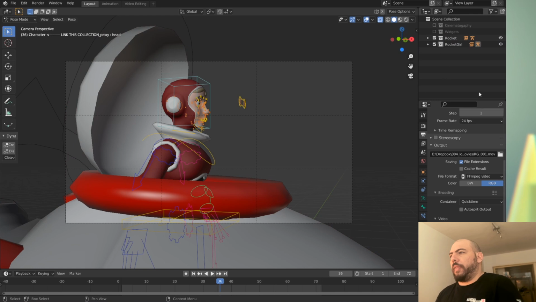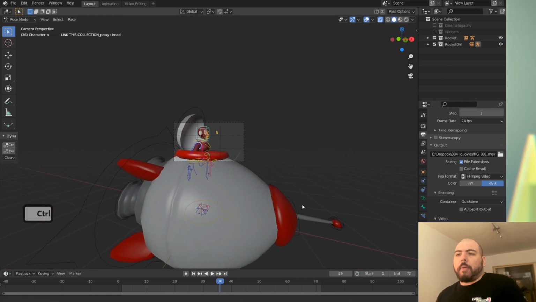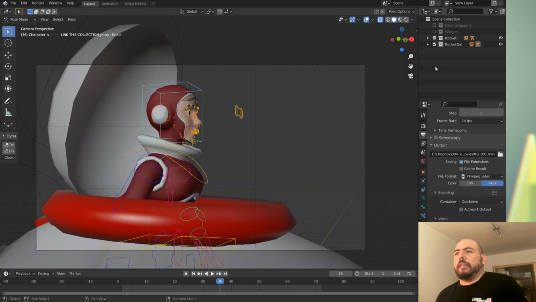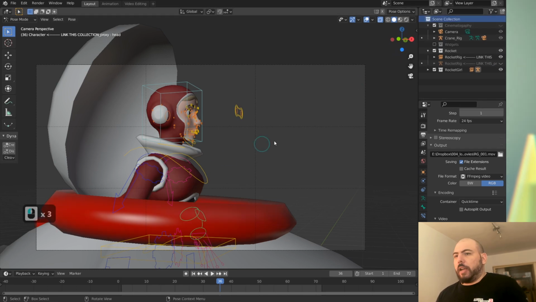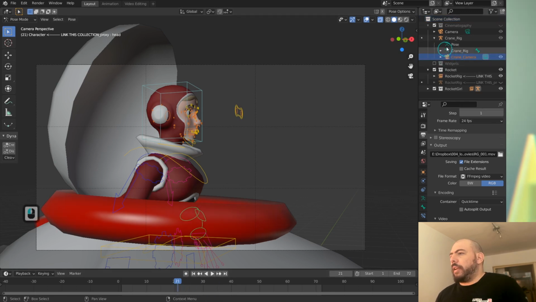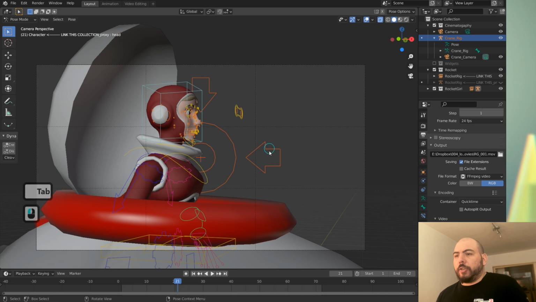So that's one thing. Then on our viewport, we probably won't use the ship until the end, so we can actually just turn off the rig so we don't see it. Another thing is the composition guides that we created for the camera, which I clearly didn't follow very well because she's out of there. I think I moved her at some point or whatever. I'm just going to grab the camera rig, point it again where it should go. And as you can see, I'm having a hard time selecting it.